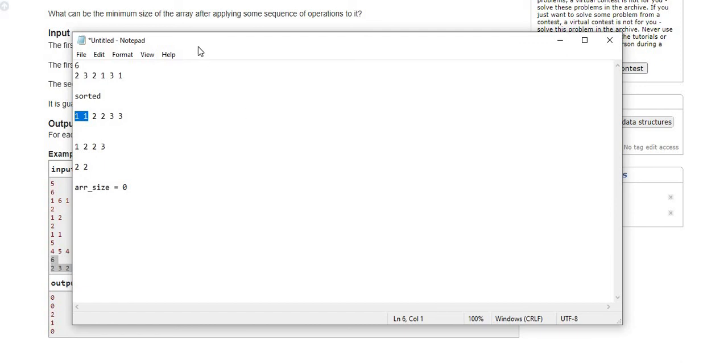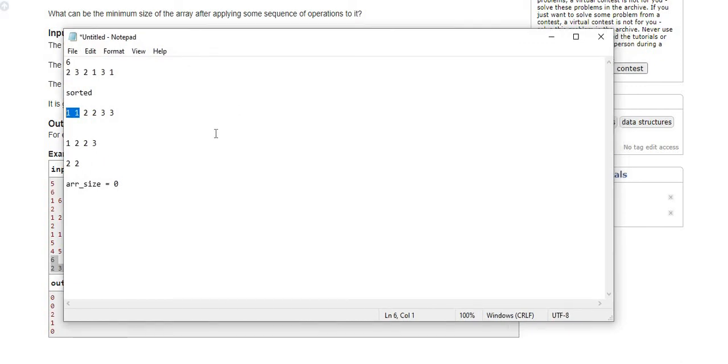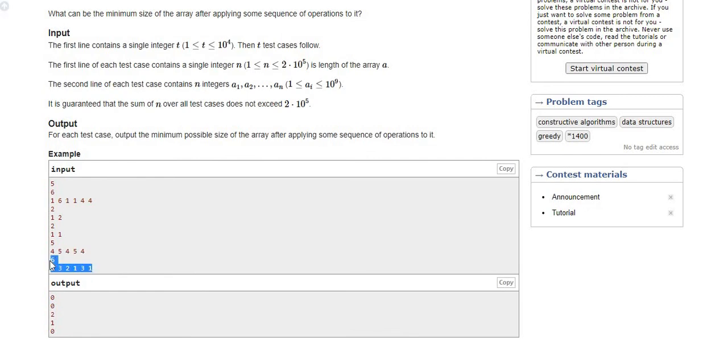I am repeating the observation. Here I have to play with the frequency of the elements. For the numbers having higher frequency, I have to reduce the count of those elements first. That way I can achieve the output. So let us take the same example again, and see how we can solve it.